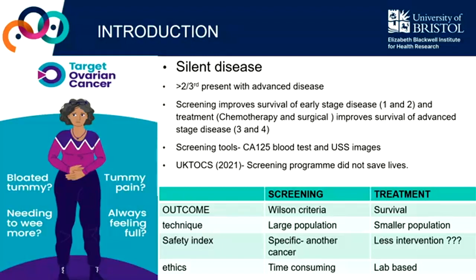The other important thing is that you can incorporate AI in screening and in treatment. So what do we aim to achieve at the end? Improve survival. And this is where the problem is. Less intervention in healthcare is always challenging. So AI gives you a program, and it tells you that these patients don't need chemotherapy because it doesn't think their survival will improve. But not doing that is very challenging.